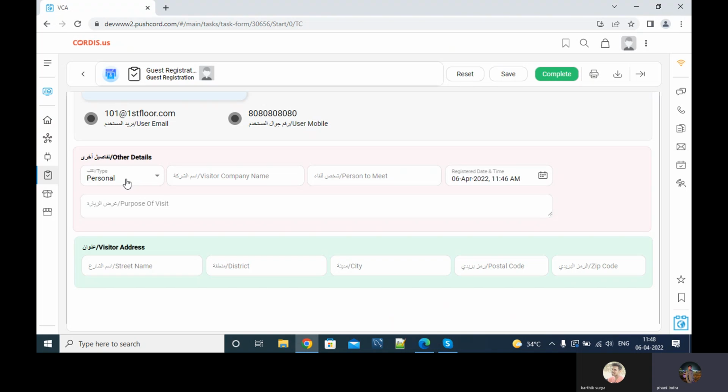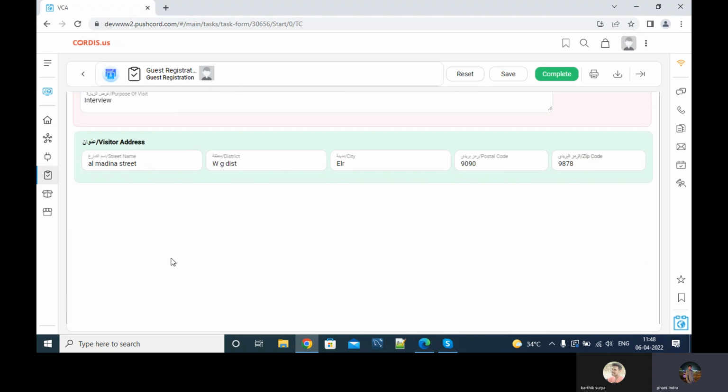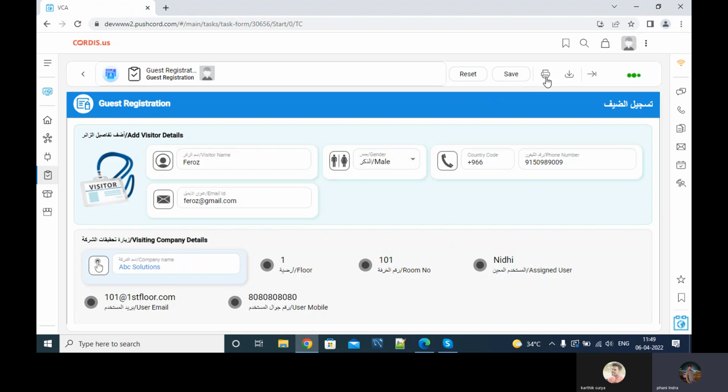The type of visit, whether it is personal or official. In case of official, he needs to type the visitor company name, like which company he is coming from. In case of personal, he can write the person to meet, HR, and the purpose of visit, interview, and street name also he can mention, the postal code and zip code. The moment he enters all, he can press complete,